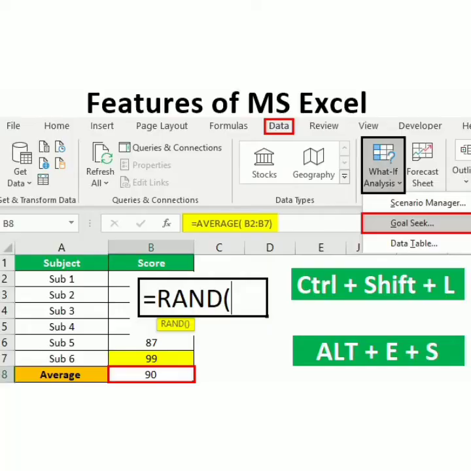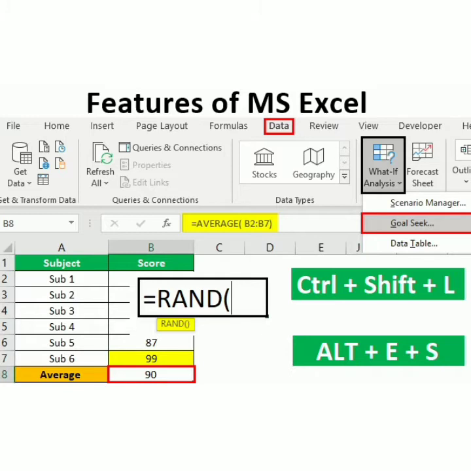First is formulas and functions. Formulas are mathematical expressions that are used for performing simple and complex calculations. Like if you want to calculate the percentage, interest, average, etc., you can do it in MS Excel very easily. Next is the formatting feature. These features are used for improving the appearance of the data. Like you can bold your letters, you can change the colors of the text, you can change the headings of the table, etc.